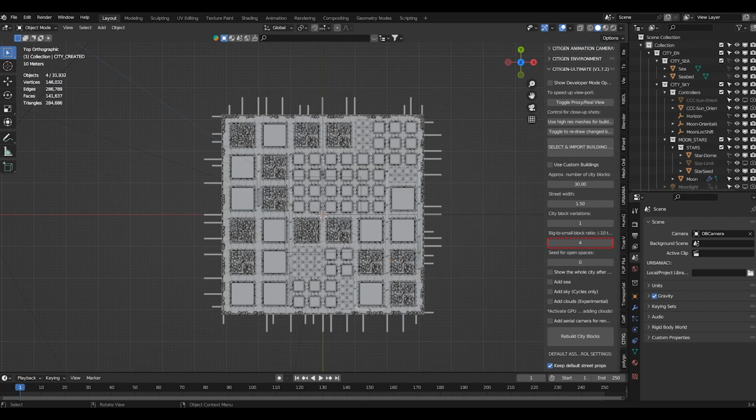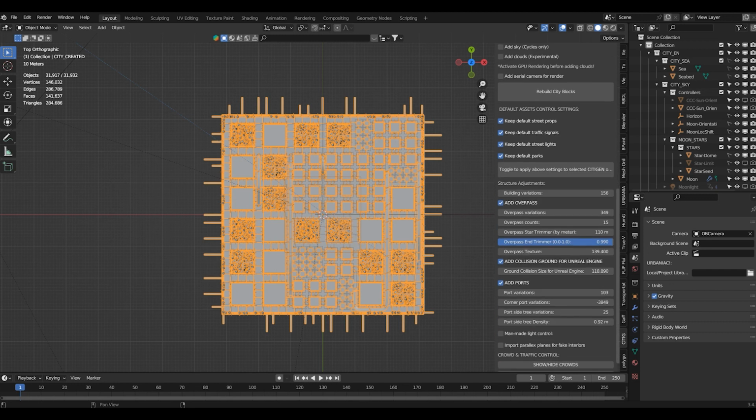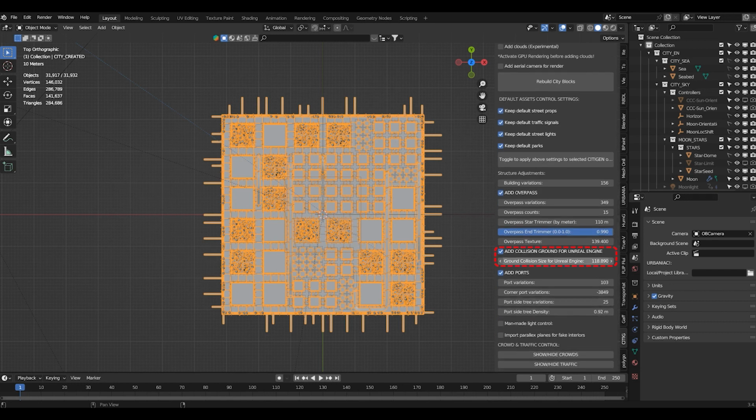And the first thing to note is the ground collision setup, ground size for Unreal Engine. This is where you adjust the ground for ground to be used in Unreal Engine 5. It's not for render in Blender. For this case, this number wasn't up. After setting up the ground collision,